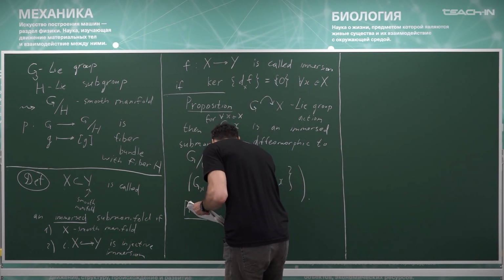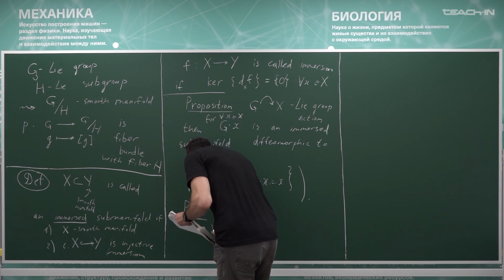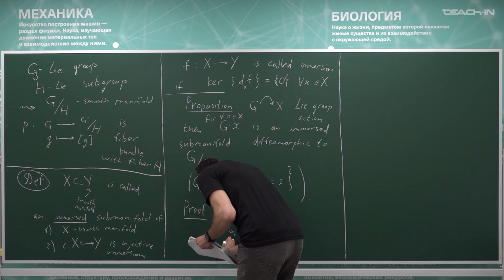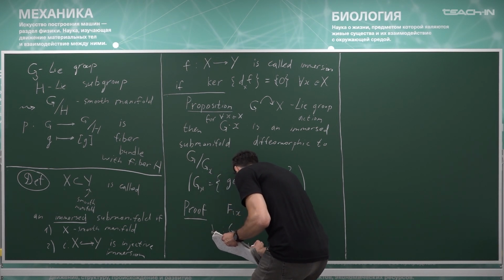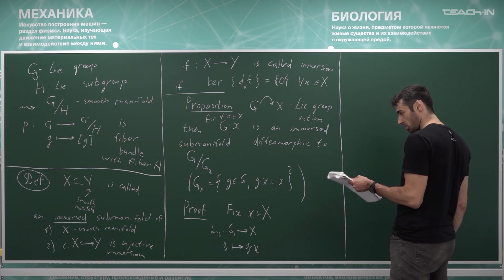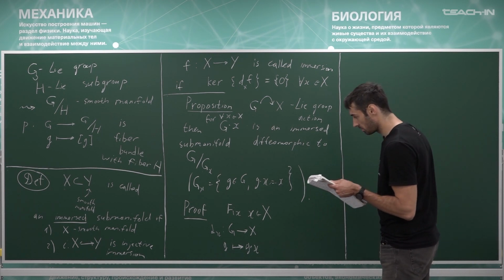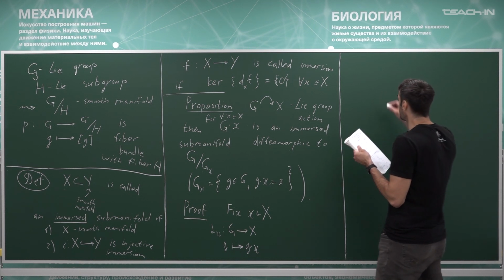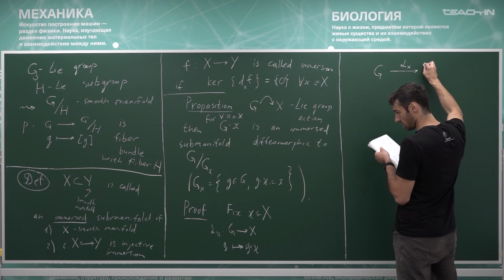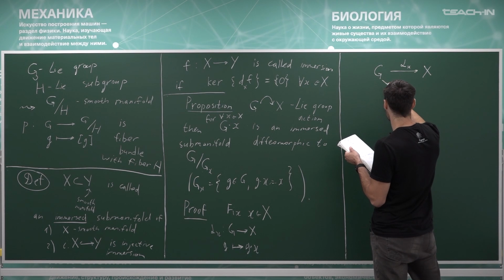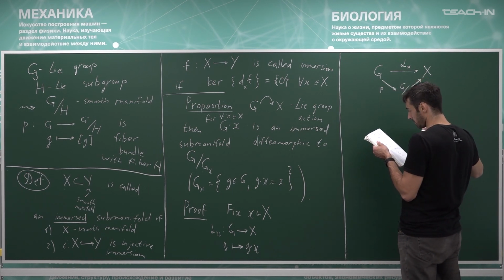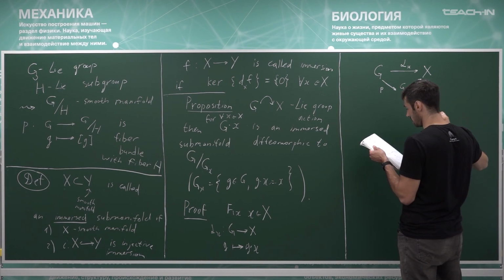So let us fix some point. Then you have this map alpha x from G to X, such that it takes an element g and gives you the element g dot x for this fixed x. And then the image of alpha x is exactly the orbit of the element x with respect to this action. And we have the following commutative diagram. So G goes under alpha x to X. And we also have the projection p to the quotient. And then we have this map, which we call beta x, from here to here,